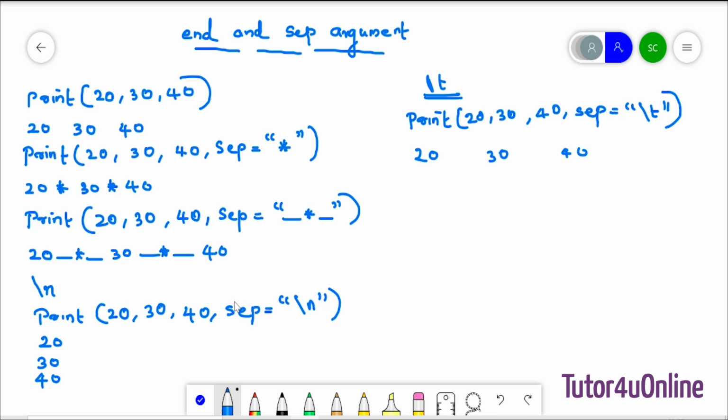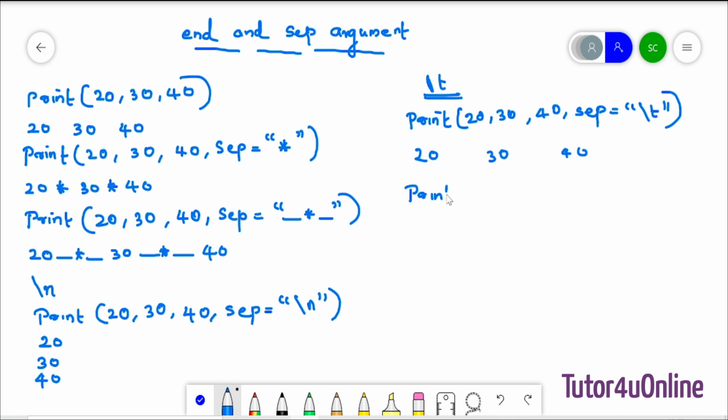Now what is the use of the end argument? The end argument says what the line should end with. Let's give an example.